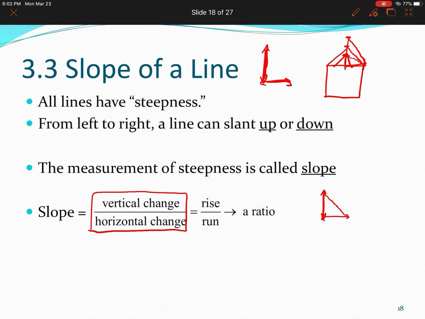Rise being your up and down, how much our line changes vertically. The run is right and left, how much it changes horizontally. And so you need to understand that slope is simply a ratio. It is a way to compare two things. For example,